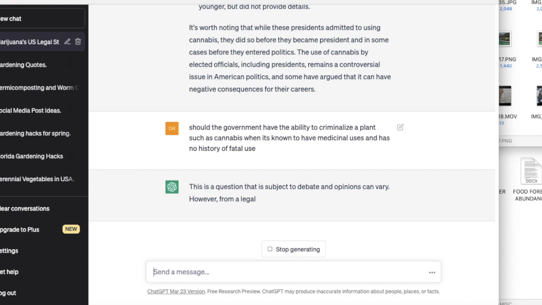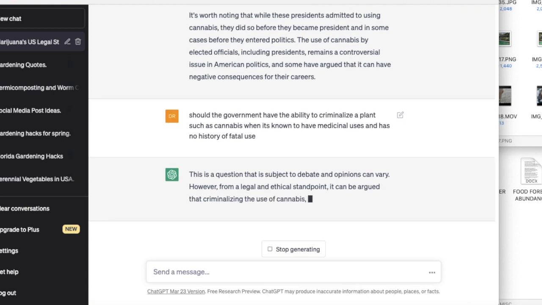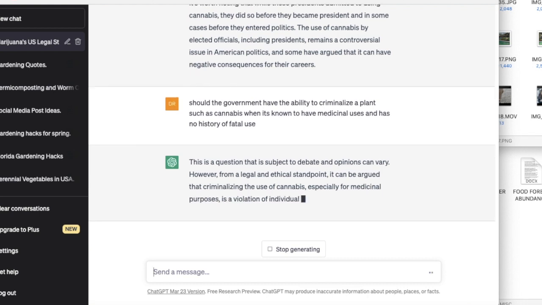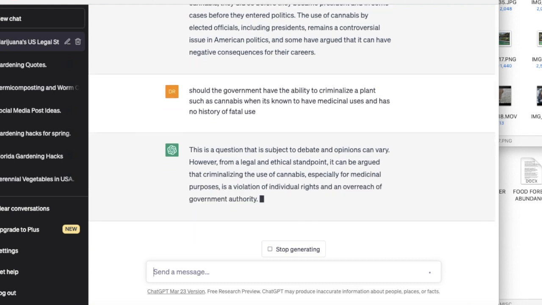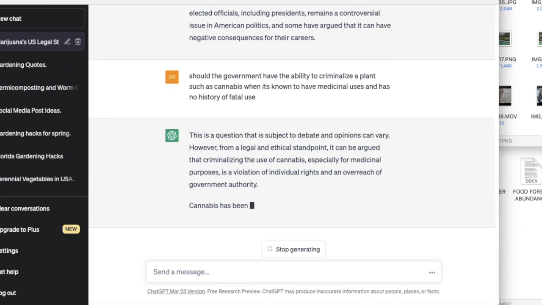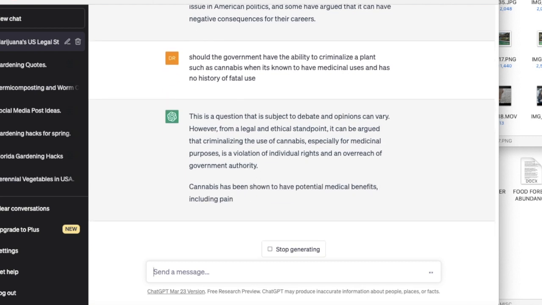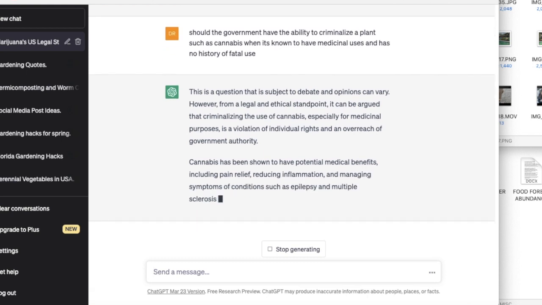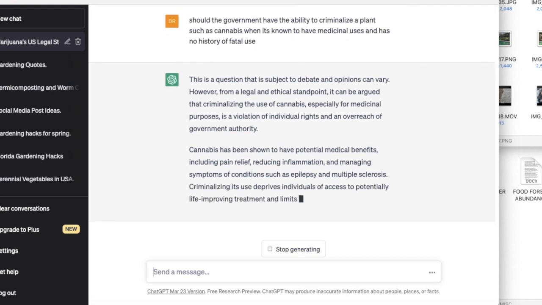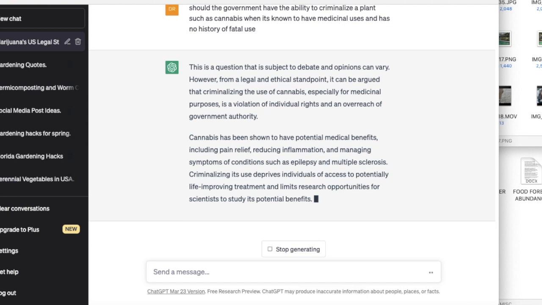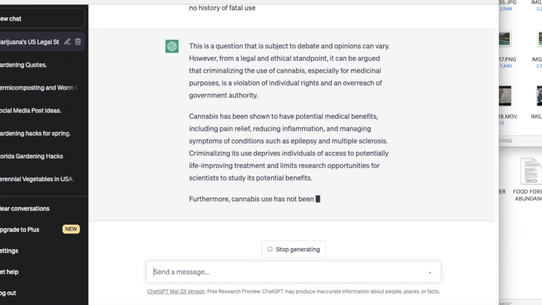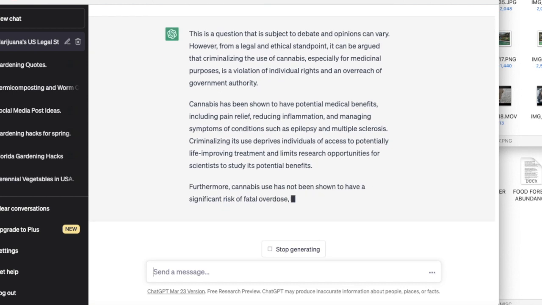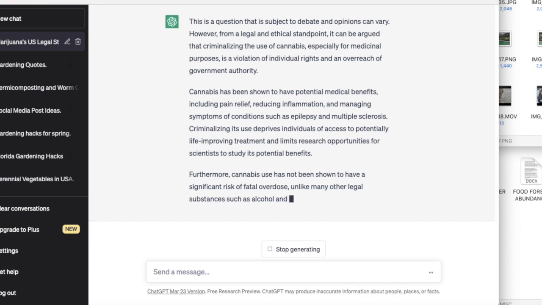However, from a legal and ethical standpoint, it can be argued that criminalizing the use of cannabis, especially for medicinal purposes, is a violation of individual rights and an overreach of government authority. Cannabis is shown to have potential medical benefits, including pain relief, reducing inflammation, and managing symptoms of conditions such as epilepsy and multiple sclerosis. Criminalizing its use deprives individuals of access to potentially life-improving treatment and limits research opportunities for scientists to study its